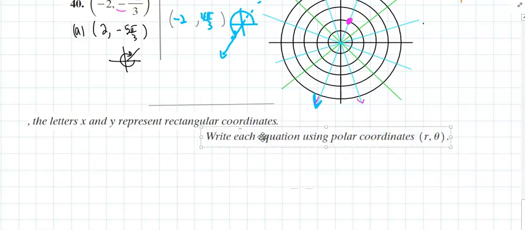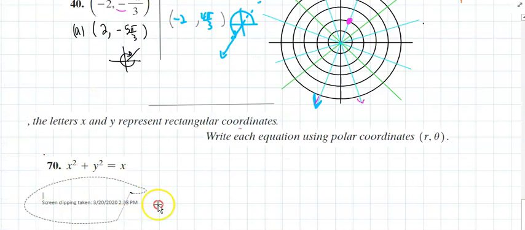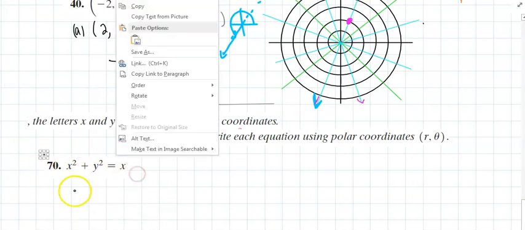And here we go. So if I take the first problem, problem number 70,